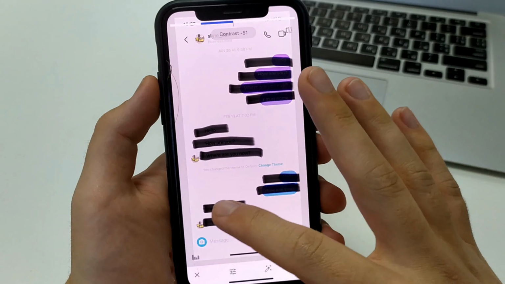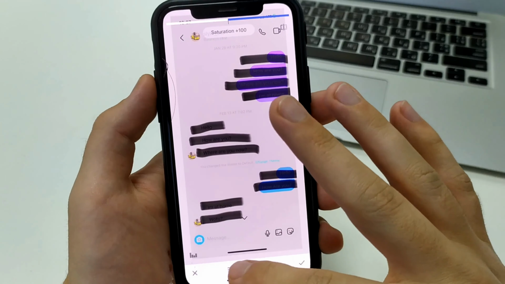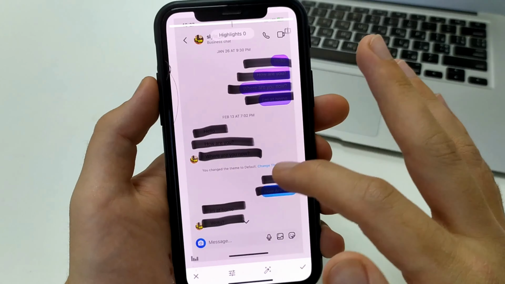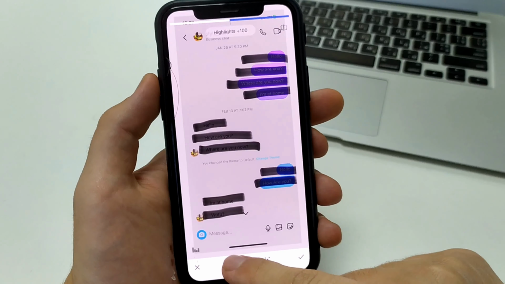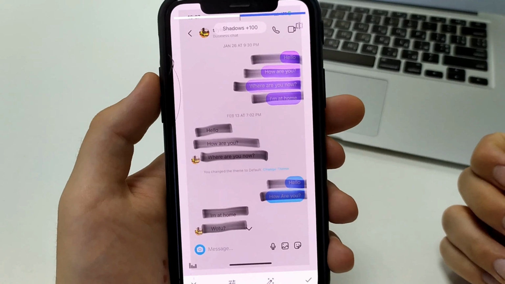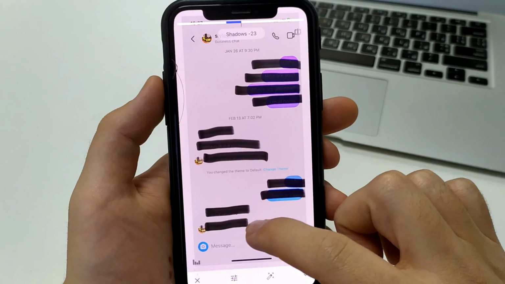The second one we put contrast minus 100%. And everything else, we set to plus 100. And we'll see. Maybe some settings are minus, some are plus. You have to play with them and try them out. Look, as you can see, we can already see the text that is drawn.